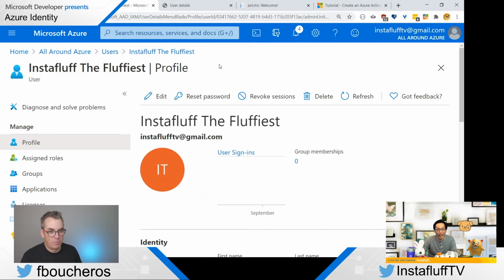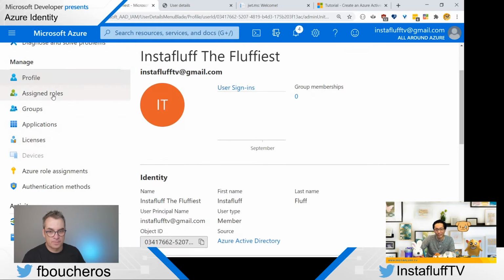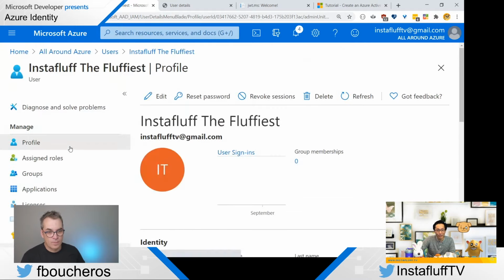And so all this stuff you can reset. If someone's like, I can't reset my password, what do I do? Or if someone's being really naughty, you can revoke their sessions. Or if they got hacked, then it's like revoke their sessions. Or you can reset the password for them, and you can assign different roles to them. You can give them scopes to your APIs to give them API access. All these things you can do right here in the portal, and that's pretty amazing.